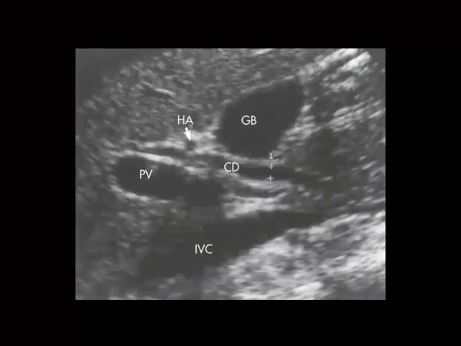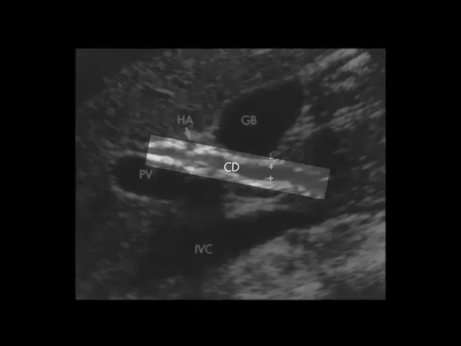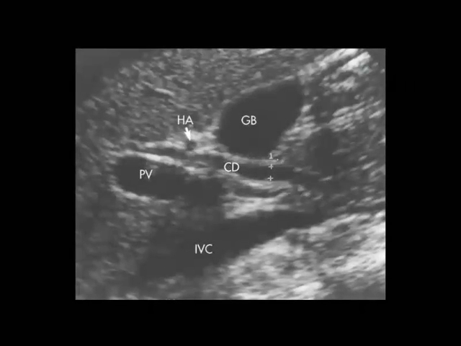Here is an image from our friends in ultrasound. This sonographic image demonstrates the common bile duct in the sagittal plane. The common bile duct is commonly located between the hepatic artery and the portal vein. The gallbladder is superior to it, and the inferior vena cava is the most inferior structure that you see in